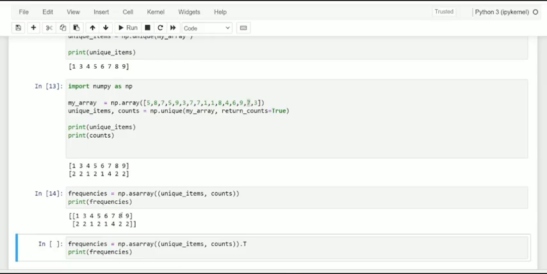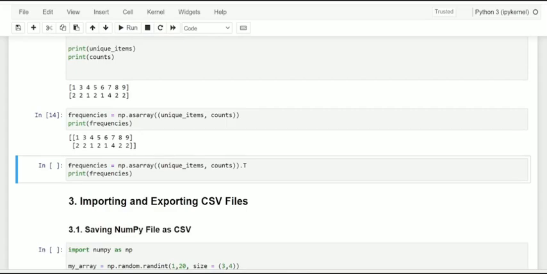And if you want, in another way, you can also transpose the array that contains the list of unique items and its counts. So making it transpose, in the execution of that resultant, kindly observe here, dear friends. You will get an array where each element is a list, and the first item is the unique item itself, while the second is its count.